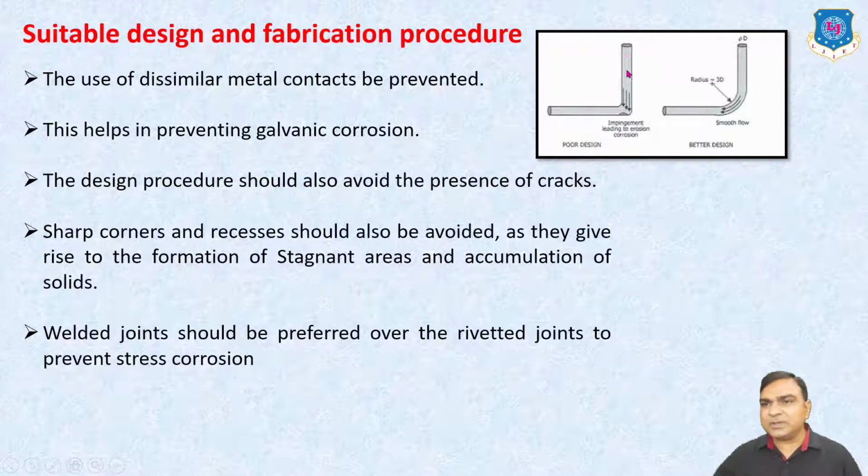So, in this pipe, it is exactly 90 degrees, and the corner is sharp. But when we bend that corner in this way, the fluid flows continuously without any interruption. So less corrosion takes place at this corner. By this way, if you change the design of some machines and elements, you can protect against corrosion by using a suitable design.